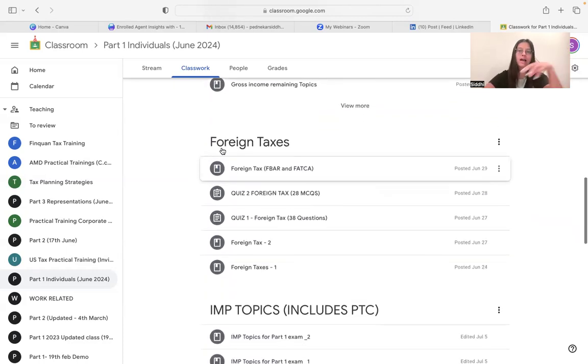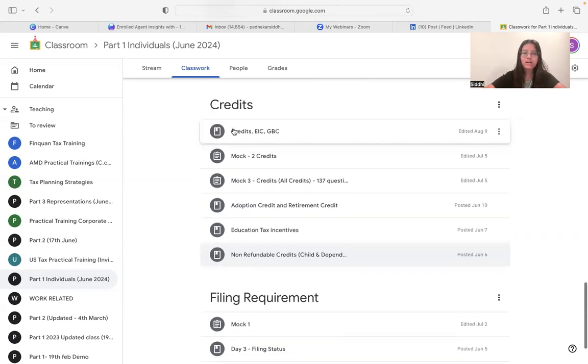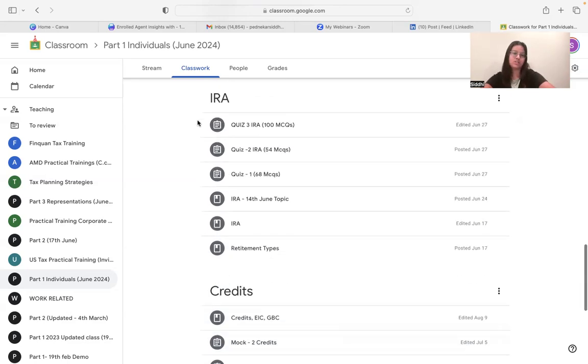Foreign taxes, I used to teach in a linked manner. Let's say filing status. There are a lot of criteria about children, the age of the child, and all those. Based on that, there are a lot of credits. In credits, there are a lot of criteria which are interlinked. So what we have done is we have designed the whole syllabus to be linked. The previous chapter will be linked to the next chapter, then again there is some link with the next chapter.